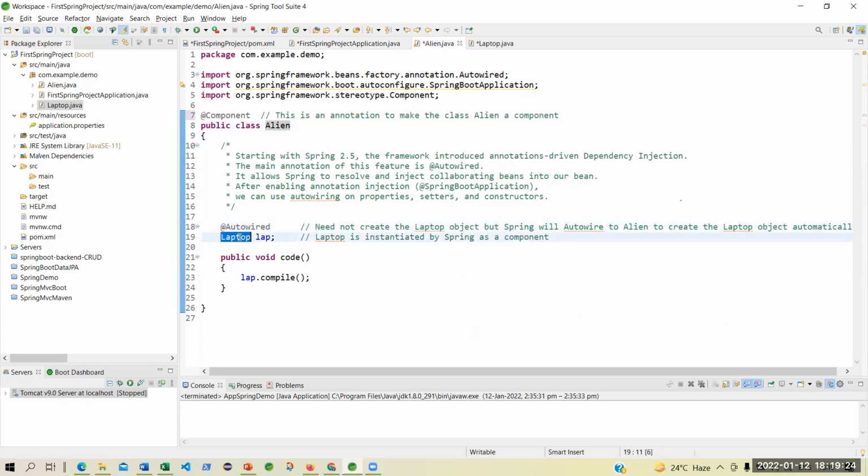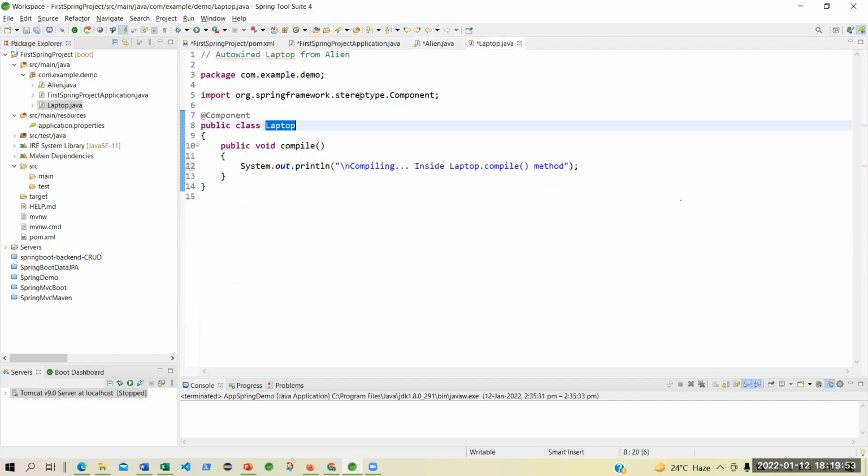Once this is injected, I can use the method compile. So I am using a method from Align. I'm creating this method code, and within that code, I'm calling the compile method of lab. Lab is the object or the component of type Laptop, because lab is itself a component.